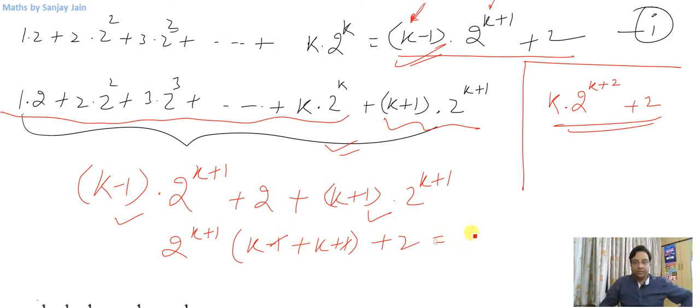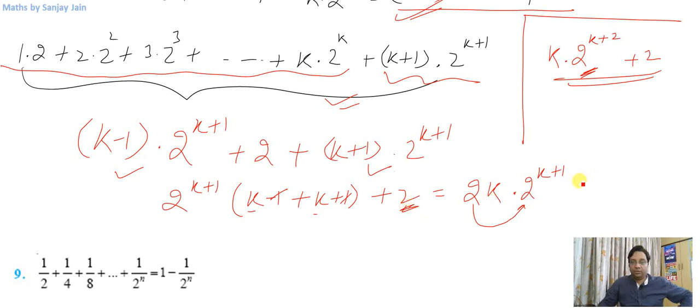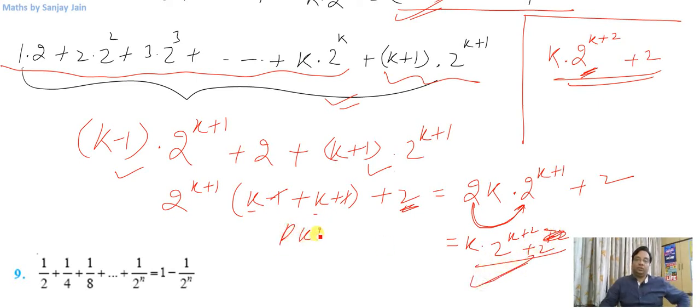So the expression I'll have is, this will be k plus k, 2k, right? This will be k plus k, 2k into 2 raised to power k plus 1, and I require 2 raised to power k plus 2, so I'll multiply this 2 with this, right? And then there is this plus 2 here. So I have achieved my answer, k into, now this multiplication will give me 2 raised to power k plus 2, then plus 2, this is separate plus 2, okay, here. So p of k plus 1 is true.